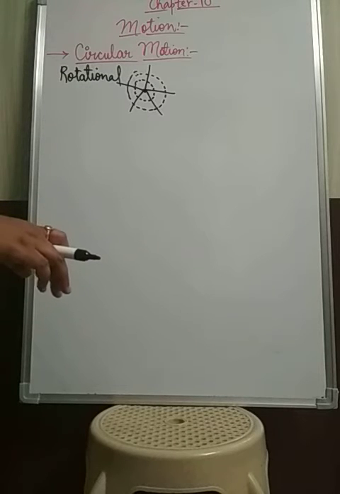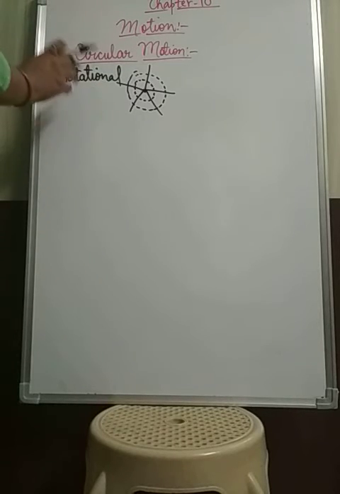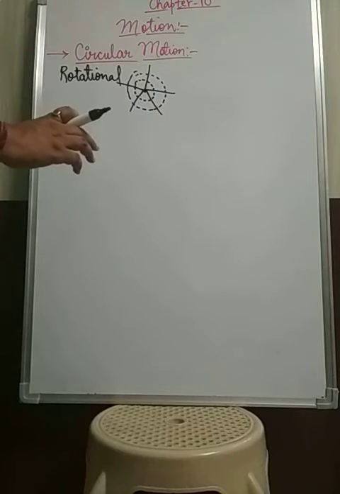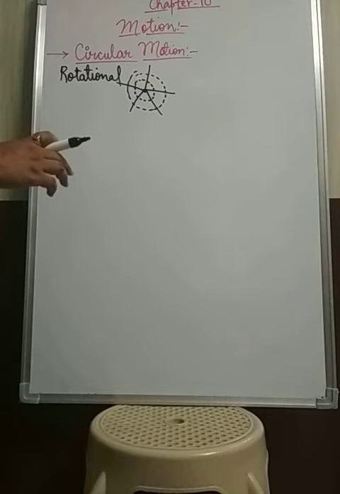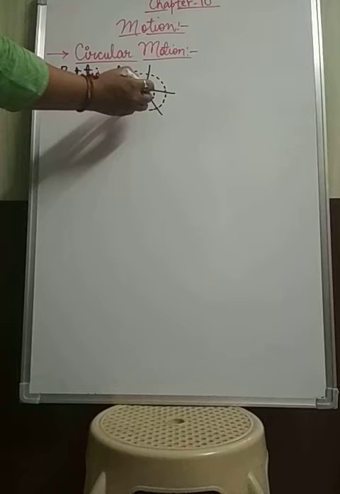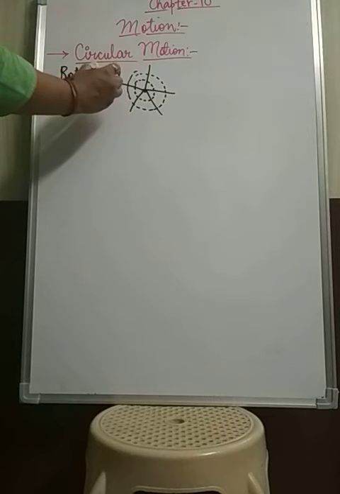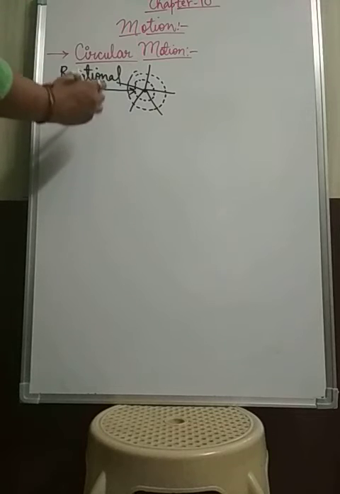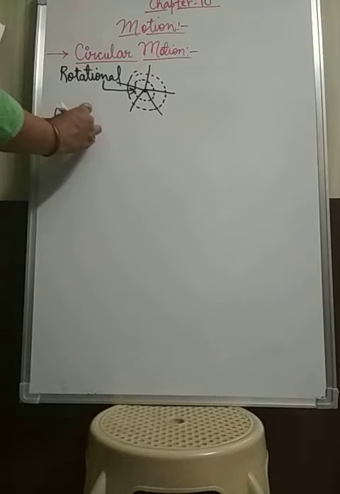Now in the circular motion, when you look closely, you will find that the body moves around a fixed point or object which lies outside the moving body. Like in the rotational motion, the center point around which the body is rotating lies within the body. But in the circular motion, the fixed point lies outside the moving body. Fixed point